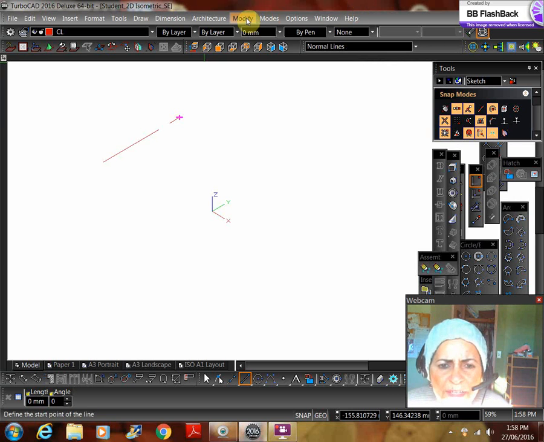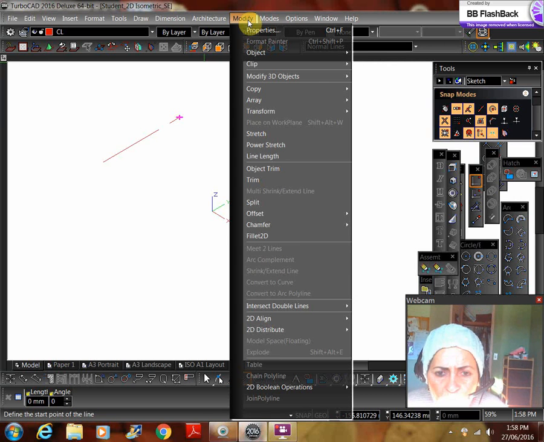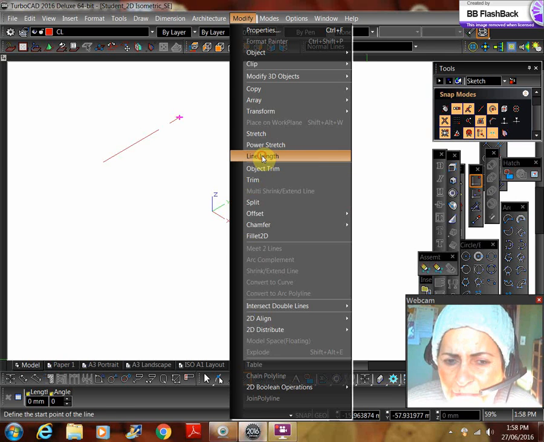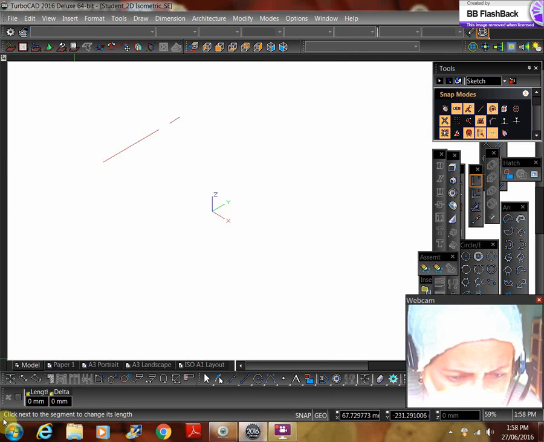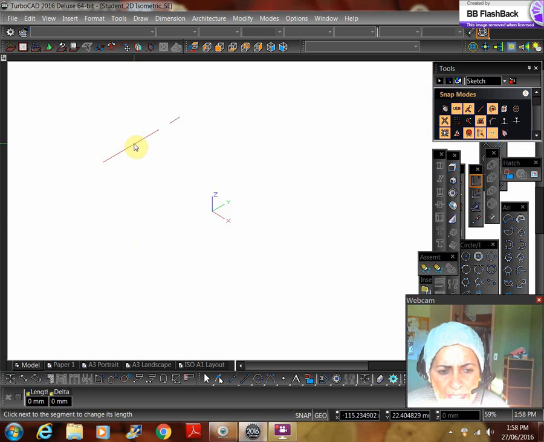You go to modify, line length. Here is line length under modify, and then the status bar tells you click next to the segment to change its length. So click on this and then says click next to the segment to change its length. So click on this and then